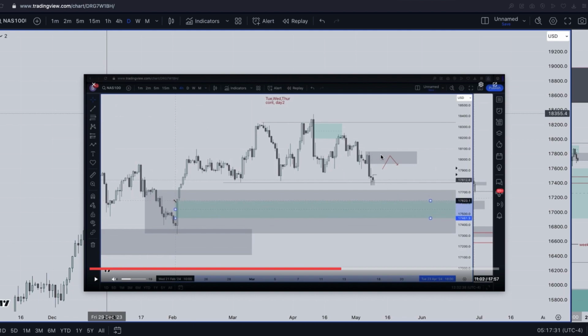So I marked out this level here, all right? Because I know from what I study, if price comes here, it should test an order block, fill it up, then get here, so that it will clear all these orders. So when it's going back up, nothing is gonna hold it. That is what I see in the market, and that's how I see it. You can see it different and you can still be right, you understand. But this is how I see it, and this is how I called it.